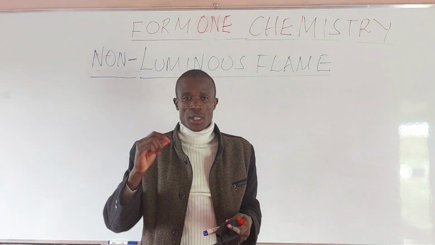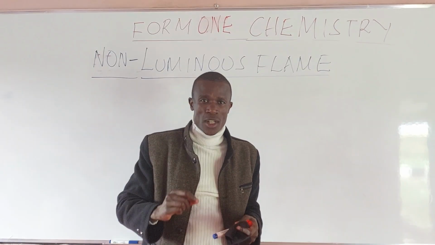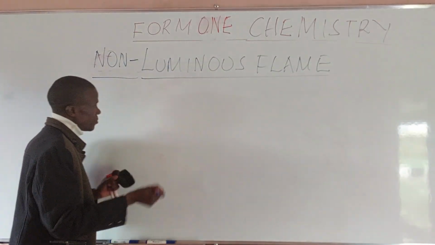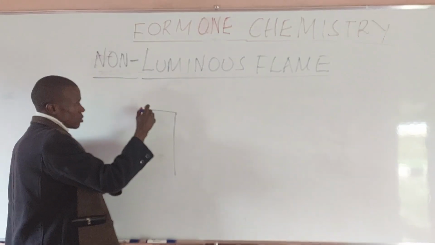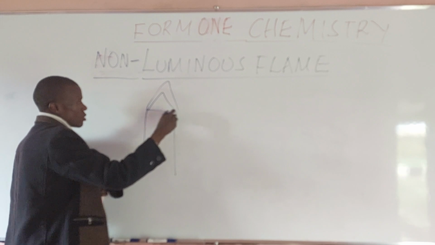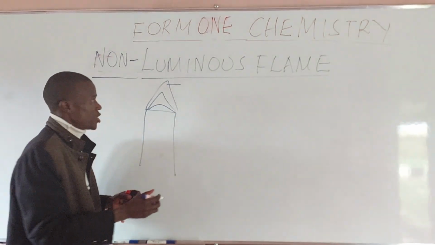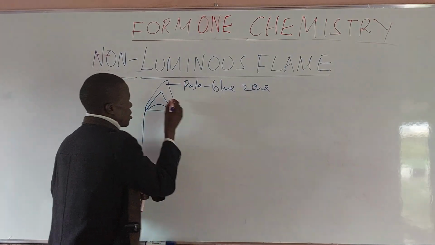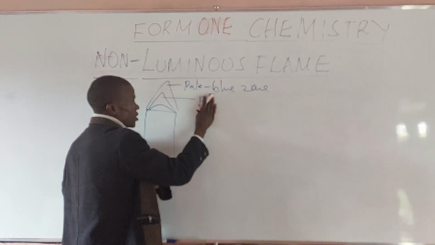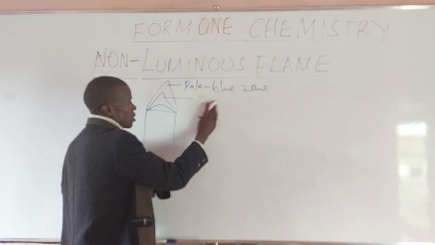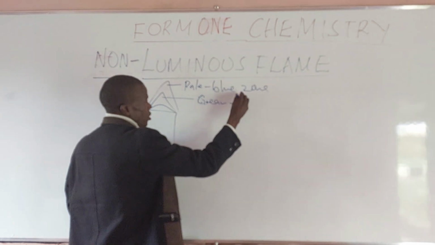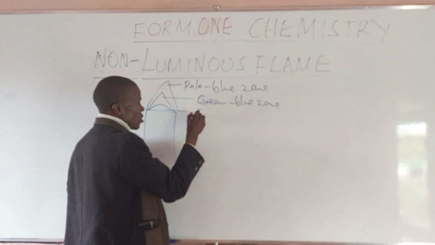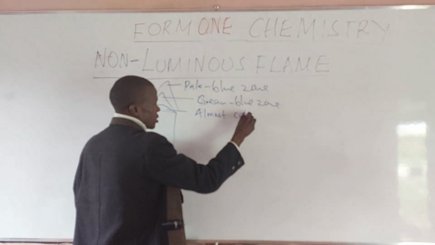In our previous lesson, we talked about luminous flame, and today I want us to focus on the non-luminous flame. Now, non-luminous flame has 3 regions. The first region is known as pale blue zone. The second region is known as green-blue zone. The region here is known as almost colorless